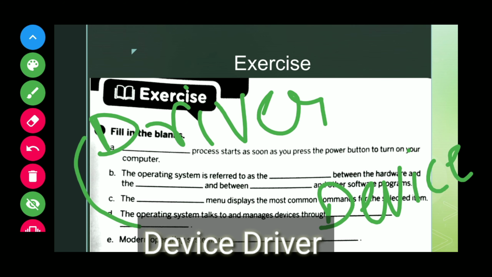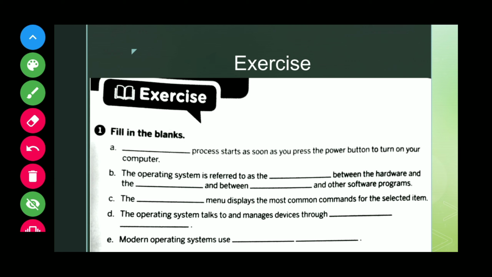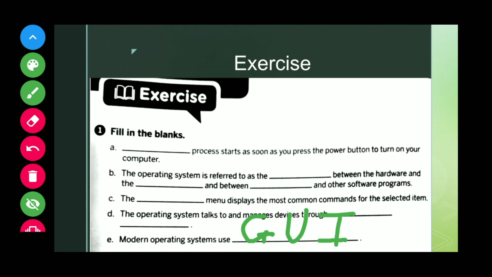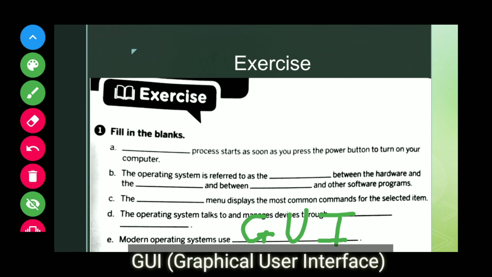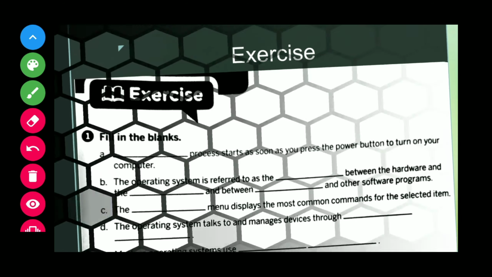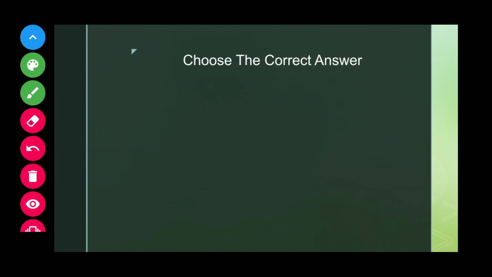So students, you understood that. Now the last question: modern operating systems use graphical user interface, GUI. So the right answer is GUI. Students, you understood clearly. Now we are going ahead to the next topic, that is choose the correct answer.